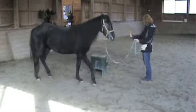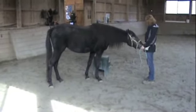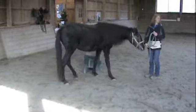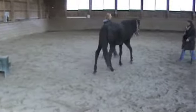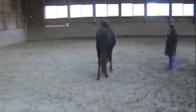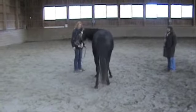Good. Actually, you know what? I just thought of something that we're going to do a little differently. We're going to tell her to stay and then have you walk around her before we add that to the mounting block. So in other words, you bring her over here, tell her to stay, and see if you can keep her position while you walk around her. Stay. Good. Stay. Before we add the mounting block to this, yeah, that's a real